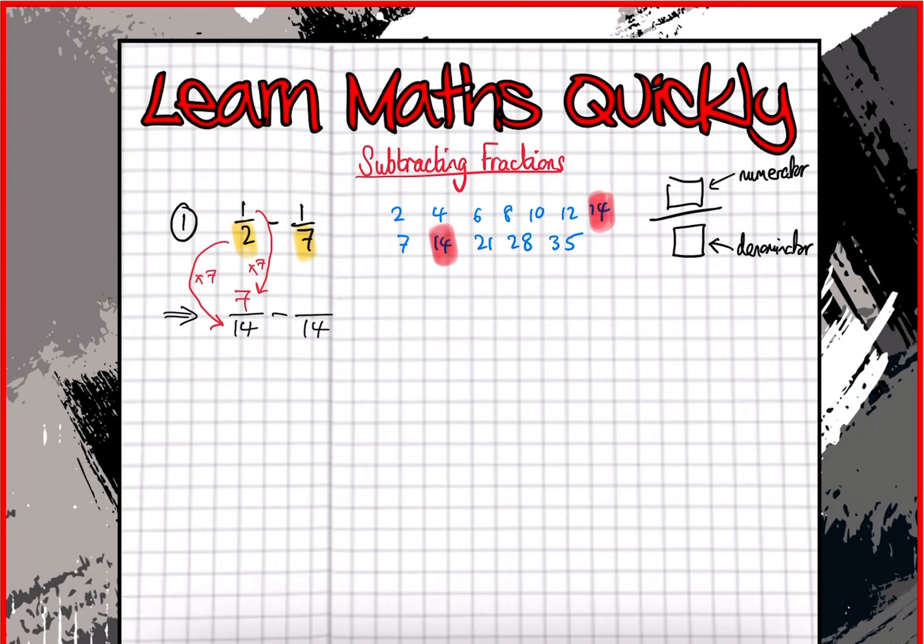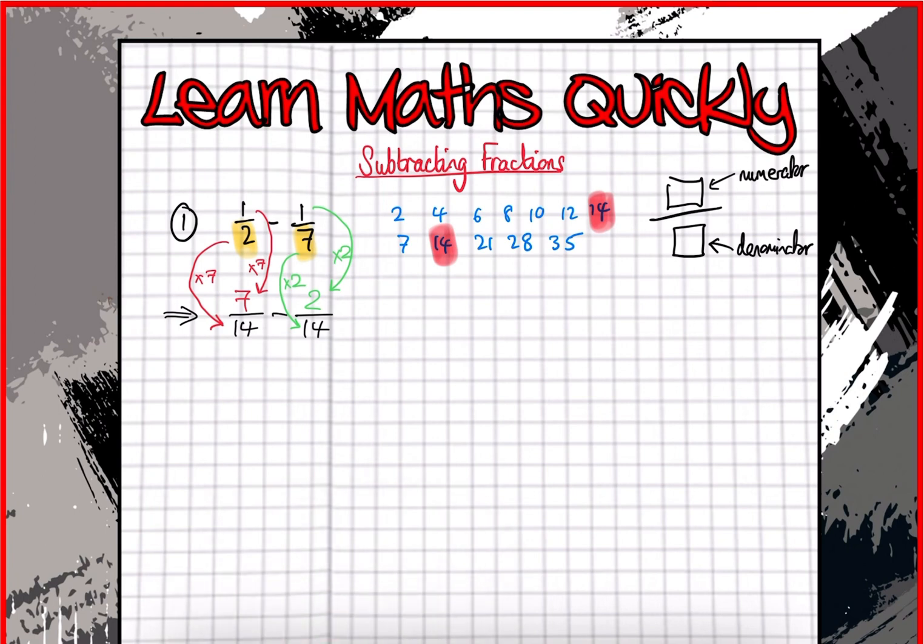Now, we can't just stop there by making the 1/2 into 14ths. We also need to make the 1/7 into 14ths. So this time, it's exactly the same method. We look at our denominator 7 and we think, what have we done to get it to 14? Well, we've multiplied it by 2. And again, whatever you do to the denominator, you must do to the numerator. So we must multiply that 1 by 2 as well, which leaves us with